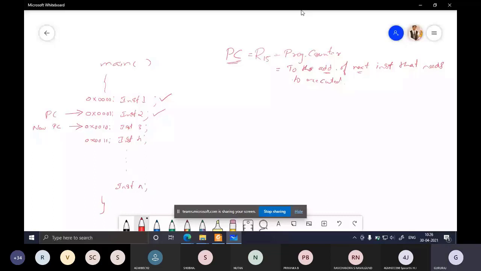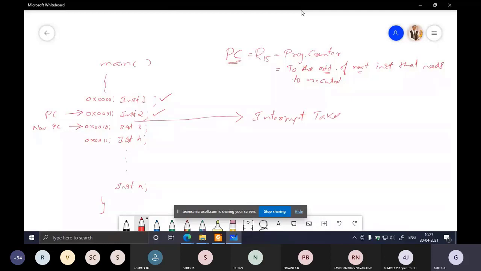Fine. Now, let's say the Cortex M3 is executing instruction 2, and it has completed instruction 2. We shall assume that instruction 2 execution is completed. So now it is about to switch to execute instruction 3, but in this duration, let's say an interrupt takes place. So an interrupt takes place.